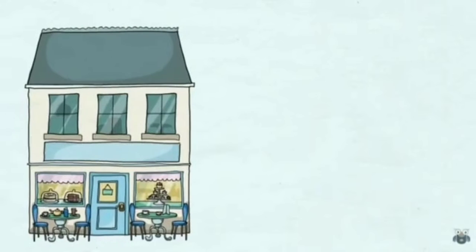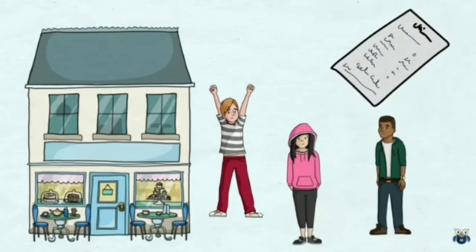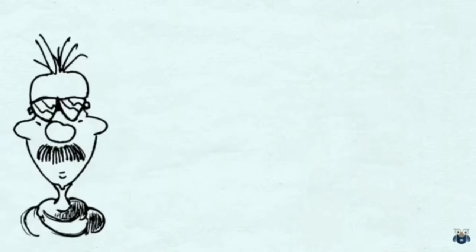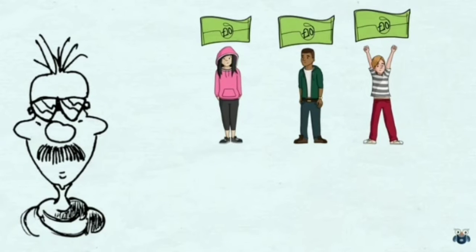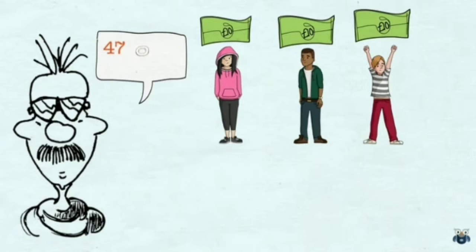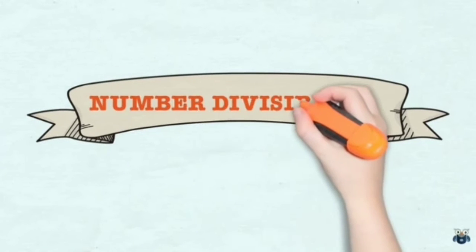life. You and two friends have just finished a great meal and the bill has arrived. You plan to split the bill into 3 parts. You take a look at the amount. It's $47. At this point you think, can I split 47 into 3 parts? Now for most of us, the only way to find out is to actually divide 47 by 3. But are there easier ways of doing this? Yes, there are. And this is what I am going to talk about.